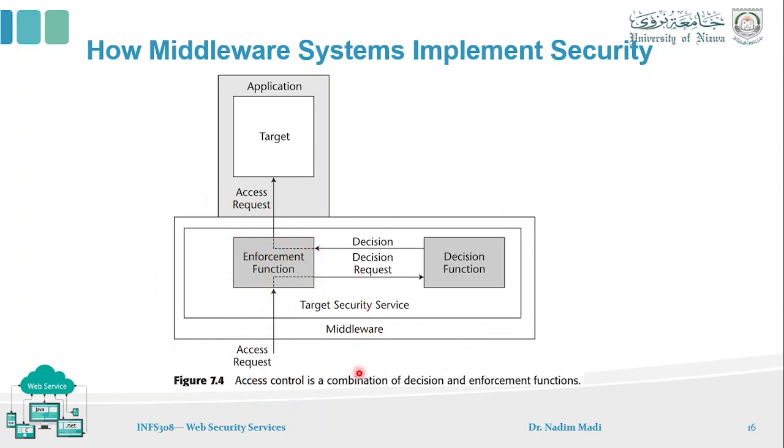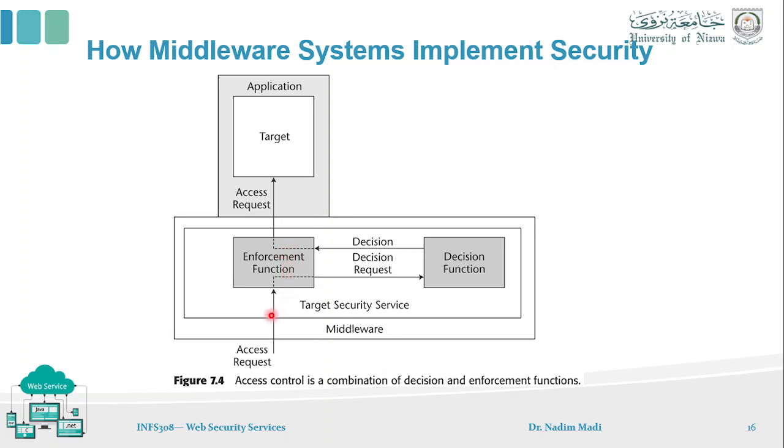that's the middleware system, the main rectangle. It has two components in terms of access control. First of all, the specific policy is selected by the enforcing function. Then the decision function provides a specific decision on the policy by inspecting the parameters held by the access request. This decision is then given back to the enforcement function in order to apply an action, whether to allow, whether to deny, whether to allow with restriction, and so on and so forth.